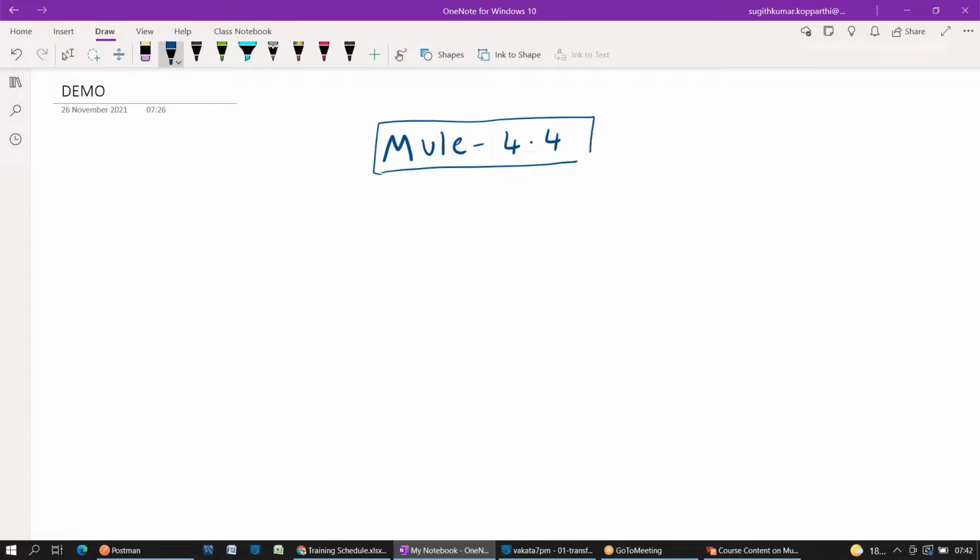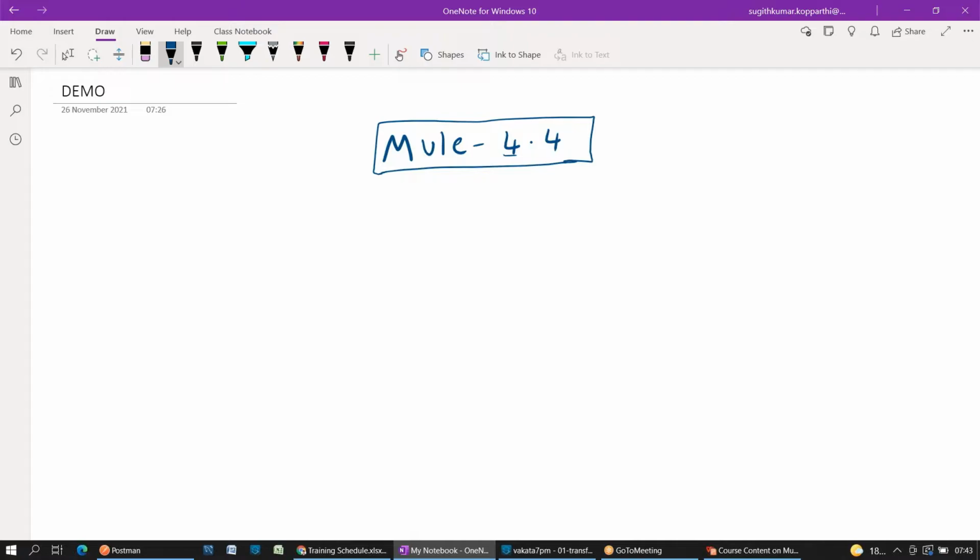For the existing software. Basically, Mule runtime version 4.4. Runtime means a server, the Mule server. Suppose you create a web application using Java or any other third-generation language. Where do we deploy that application? Of course, on servers, right? Some Tomcat server, WebSphere, like that. Similarly, if you create your Mule application, that application should be deployed on some server.